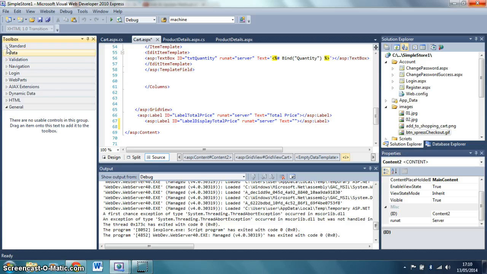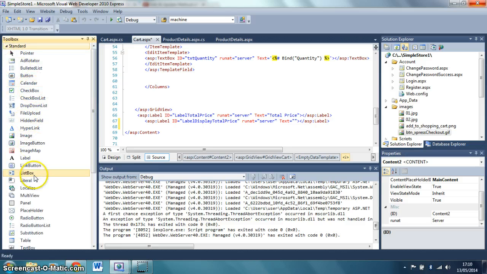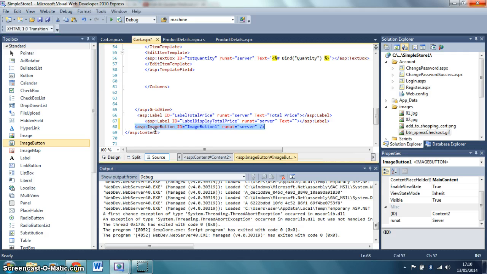So we go to the standard toolbox, click for image button, make sure to have it outside your grid view,